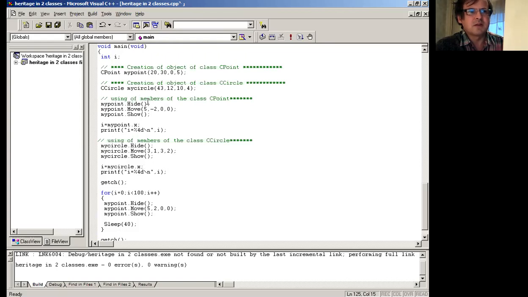member of class C point, this function height is performed in the form of the class my circle, but the same name. So the move from the class C in the form my point or the class C point, the move in the form of class C circle. Yes, this show in the form of